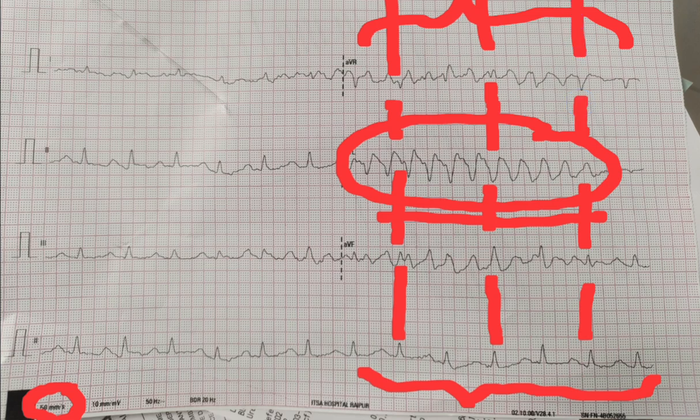Maybe the patient has moved his limbs, usually the upper limbs, because the artifact is more concentrated in the AVL and AVR leads than on the other leads. So this can happen normally, and if you see such an ECG, it is always important that you correlate